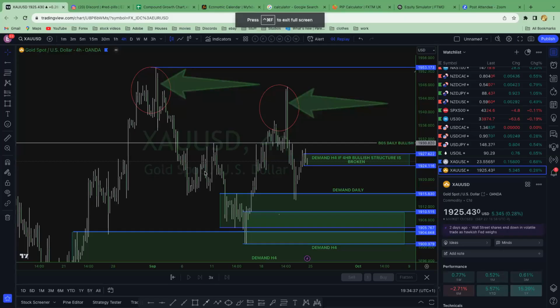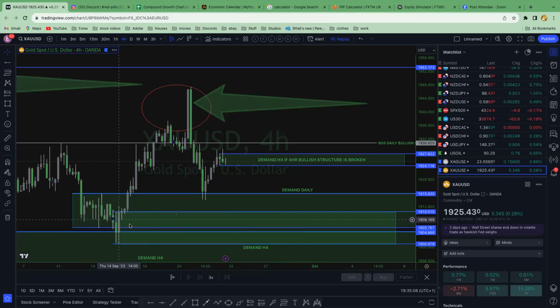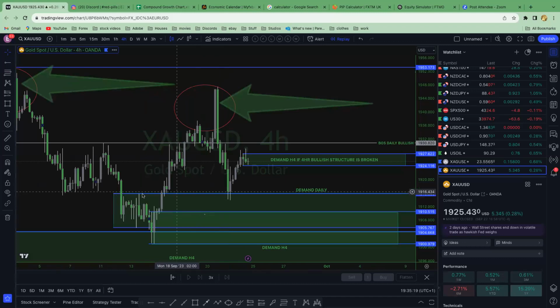I just want to go off the gold. So when it comes to gold right now, we are currently looking at buys on gold still. I don't really like the way structure formed here. It was a very awkward trade. You just kind of had to get in. It will happen sometimes, as trading. It did bounce off of a daily demand rather than going to our 4 hour level.